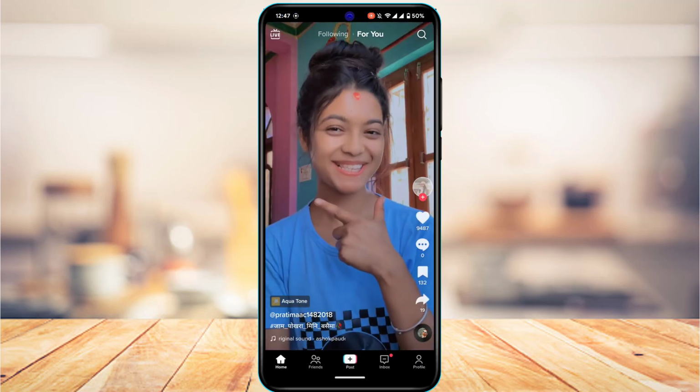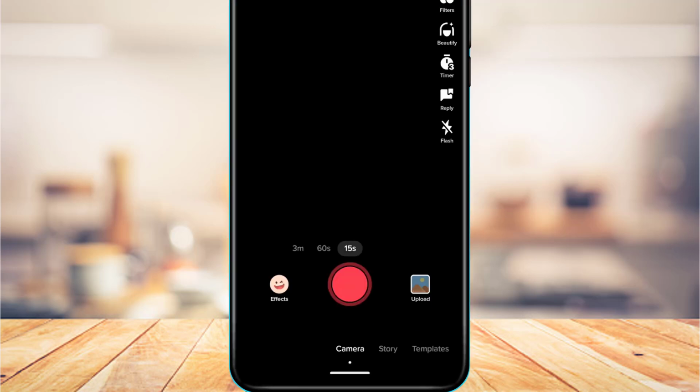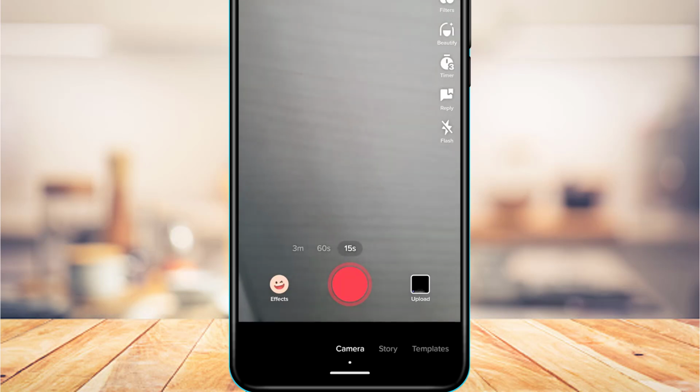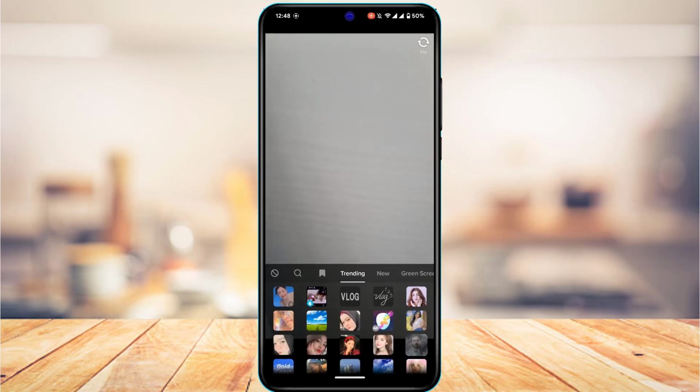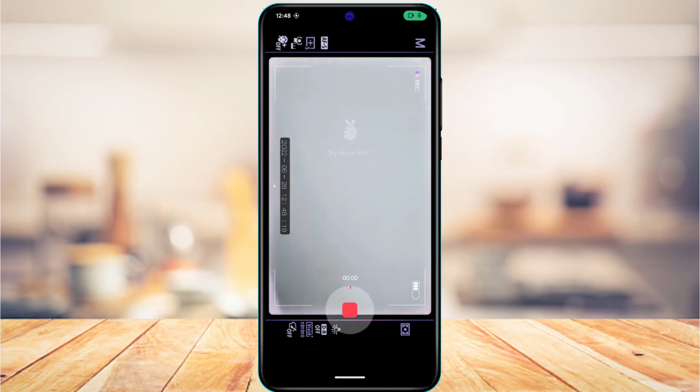Now in order to remove a particular filter from a TikTok video, first of all, I'm going to try and show you how to actually add an effect and actually remove that particular effect or that particular filter. So tap on the plus button right over here, and then in order to use an effect or a filter, I'm going to simply tap on the effects button right over here and then choose a certain effect right over here. Let's say if I choose a certain effect right over here and then I actually hold to actually